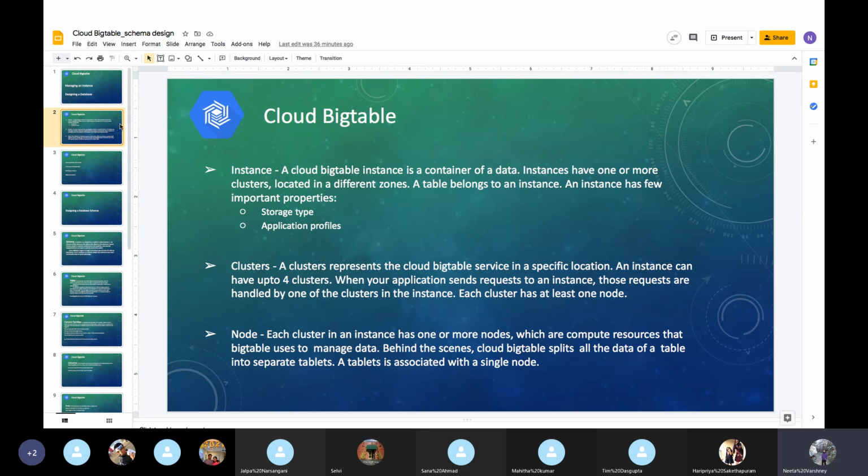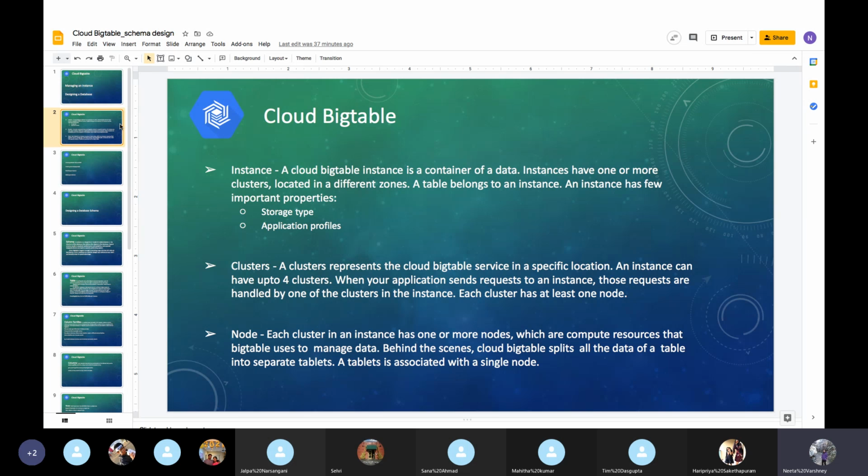A table does not belong to clusters or nodes. Whatever requests or queries we run, clusters handle those queries. They don't store tables. And a node works with the query and gives an output.